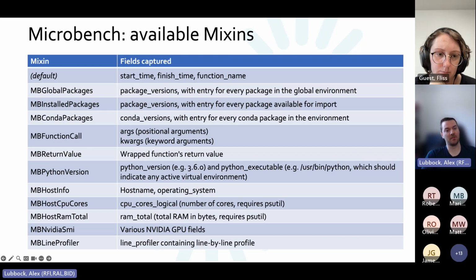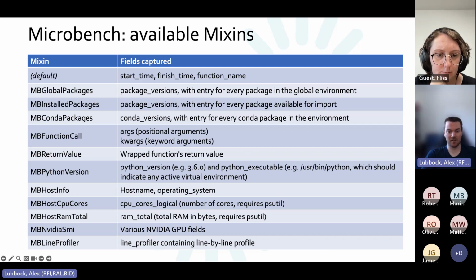So you can have the global packages. These are all the Python packages that have been loaded into the current environment. The installed packages, so this is everything that's available for import, so the package names and their versions. Conda packages, so if you're using Conda, you can capture everything in the current Conda environment and all those package versions for archiving. The function call, so the arguments and the keyword arguments used, the return value of the function,